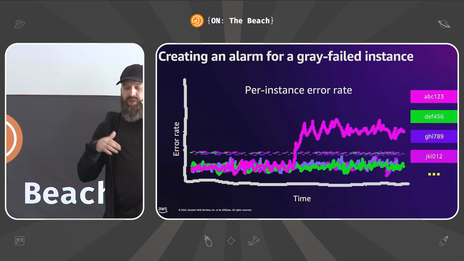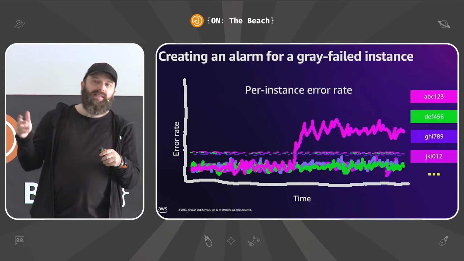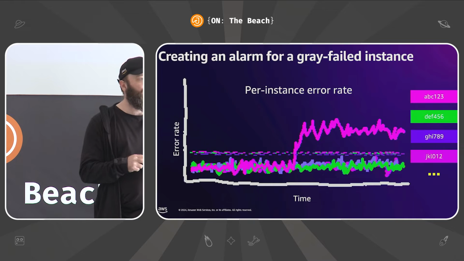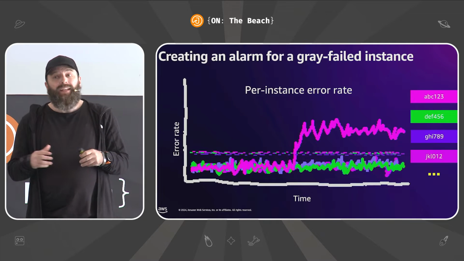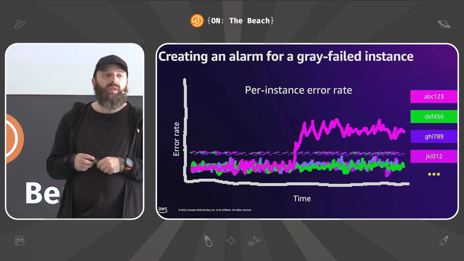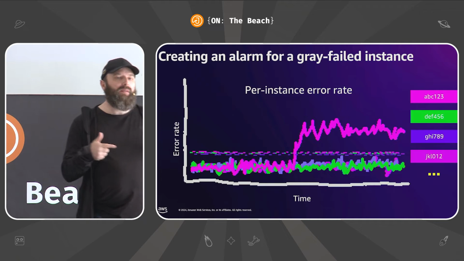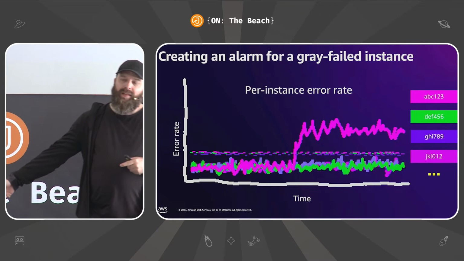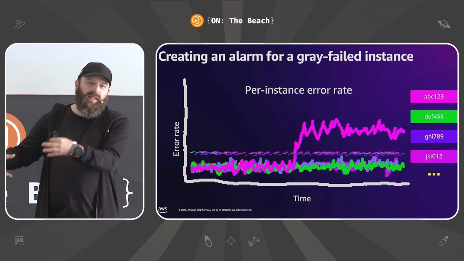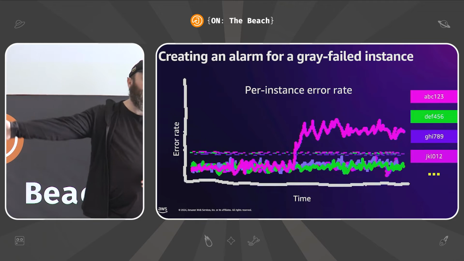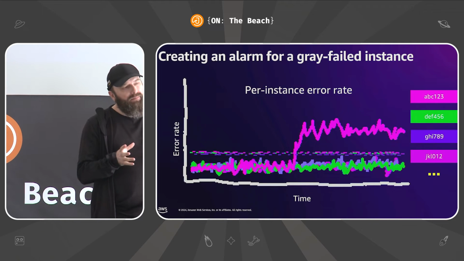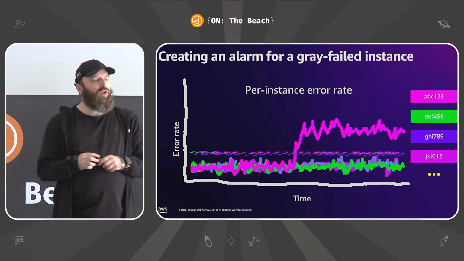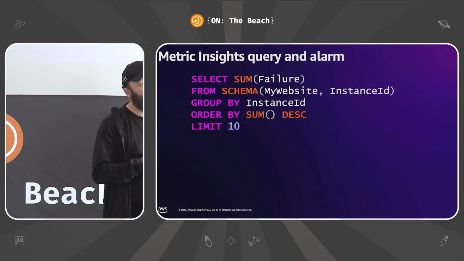We could probably put a threshold for each one, and you might say, hey, let's take what G was telling us before about composite alarms. You can do it, but I wouldn't suggest it, to be honest, because every time you have a new instance coming live, you will have to get the instrumentation and automation to just pop it up and create the alarm for you. I think there's a much better way to do these things that is using Insights query